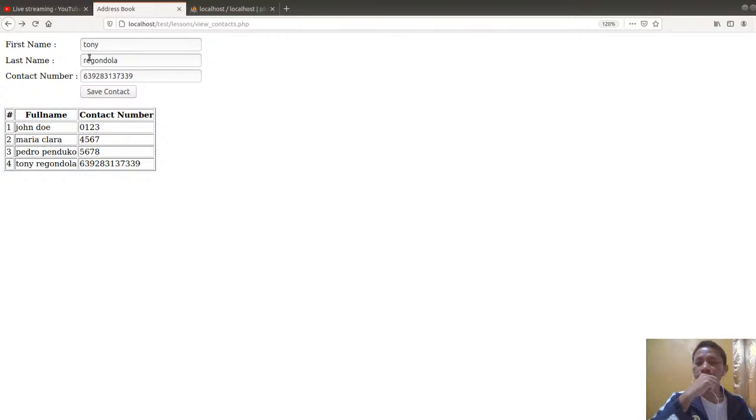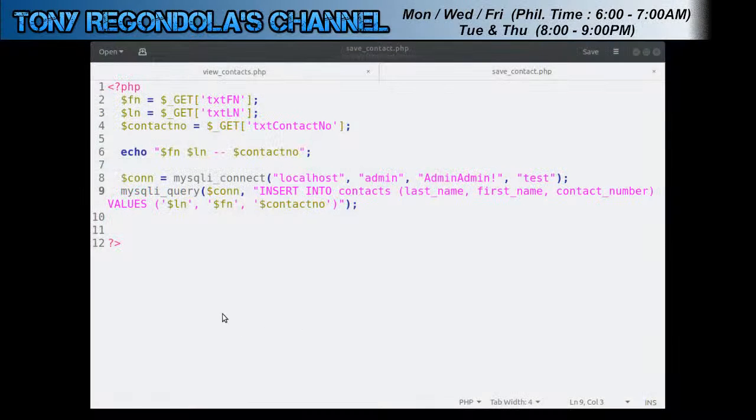But it's better if once we click the save contact, we should have something like a message that it has already been saved, and another link or button, it could be, or just a link that will lead us back here. Okay, so let's get back again to our source code for a moment. Okay, so from here, I think let's say, for example,